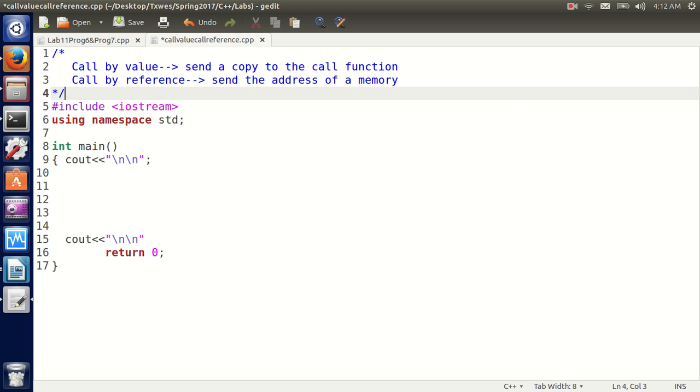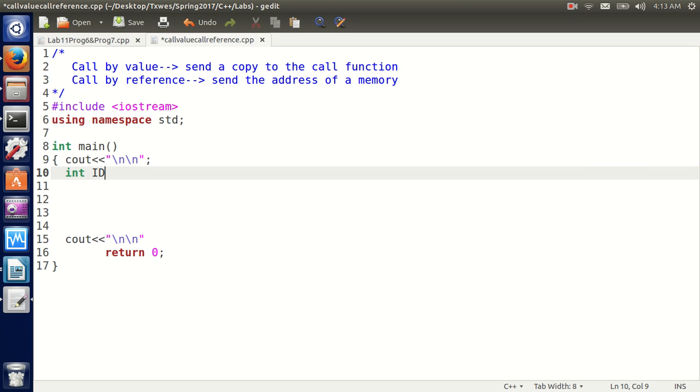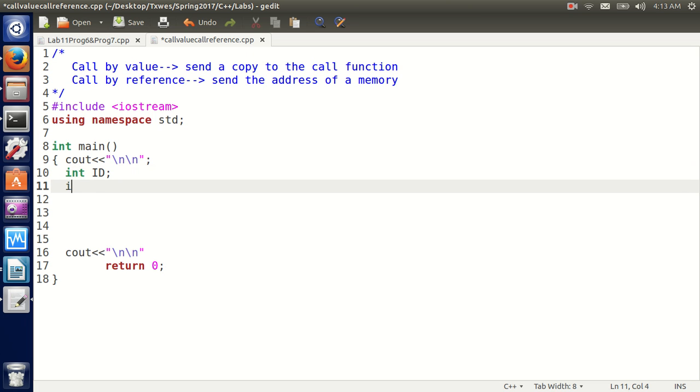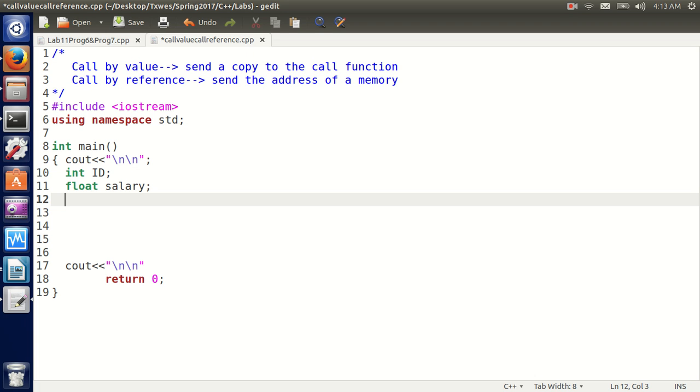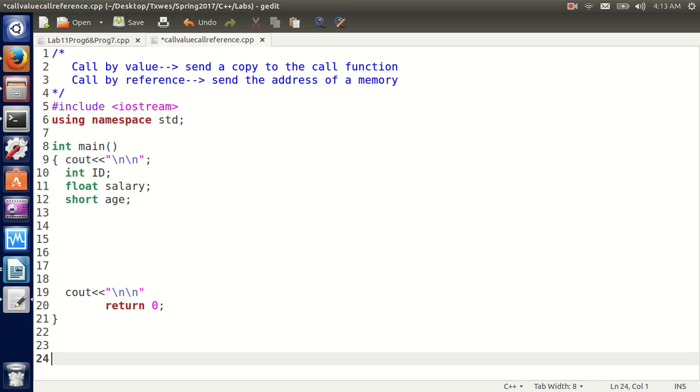And let's see, how can we, let's say I need to send age, grade, and ID, and let's say I need to send an employee integer ID and let's say float salary and short age, and let's say I have a function here, name it what, employee,